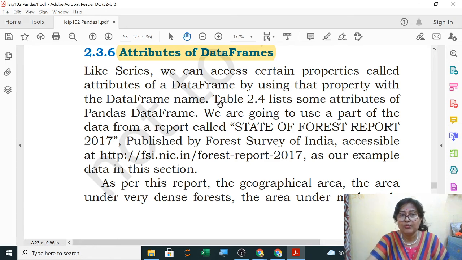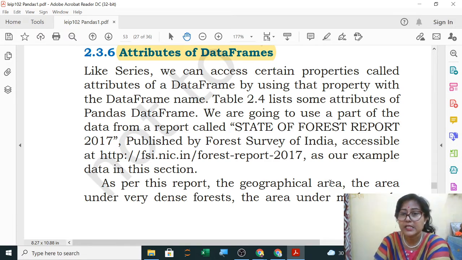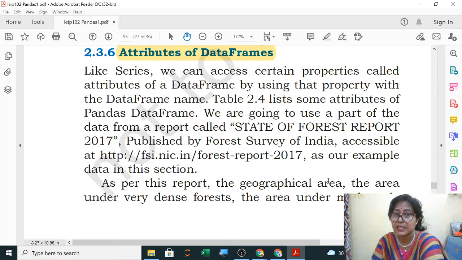So we can access certain properties called attributes of a data frame by using that property with the data frame name. Now I will show you a table listing some attributes of a pandas data frame. We are going to use a part of the data from a report called State of Forest Report 2017. You can collect this from the internet, from the forest website nic.in.